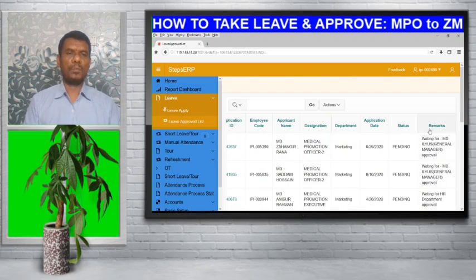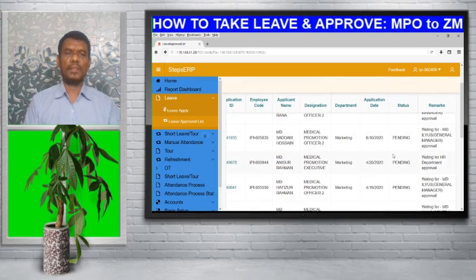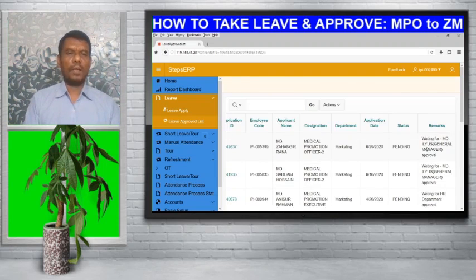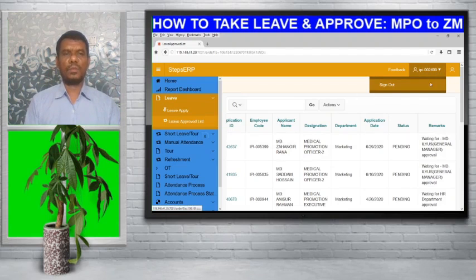Now it is waiting for the approval of our Honorable GM Marketing sir. Here you can see waiting for General Manager's approval. Then it will go to the HR department. Here you can see the application of Mr. Anisur Rahman waiting for the HR department, and you can see when the application is finally approved, the status shows finally approved by the HR department. So at the field level our application procedure is finished. Then I shall sign out again as my demonstration is finished.